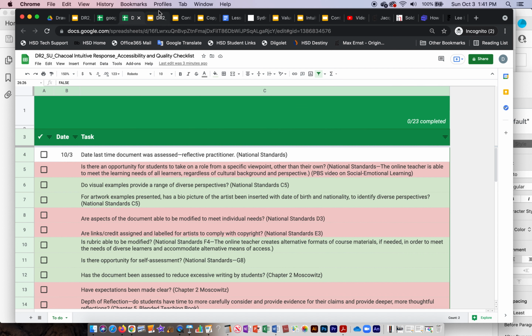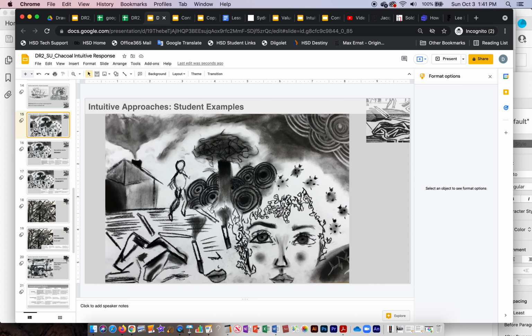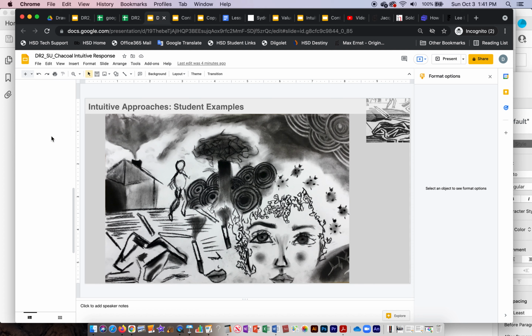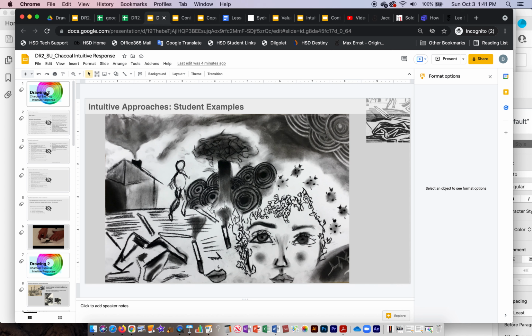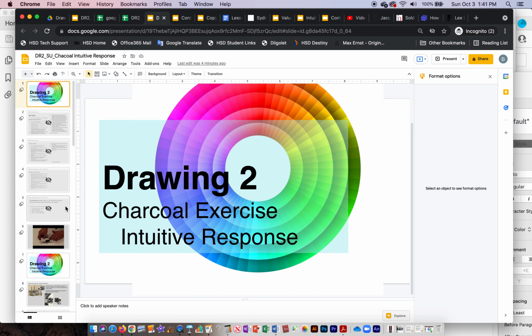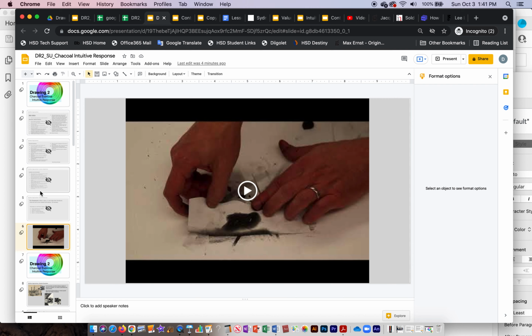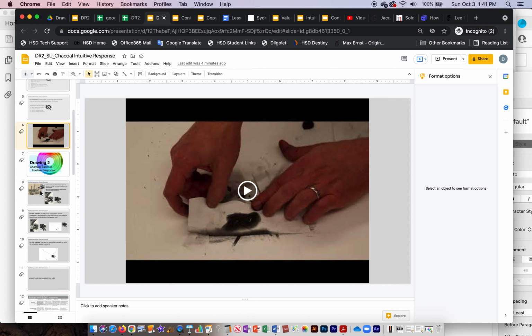So here's what I did. Here is a project that we have in my Drawing 2 class. It was called the intuitive response approach. To run you through it real quickly, I show a lot of charcoal techniques in the beginning of it, and then we use this exercise to apply some of them. The exercise is pretty